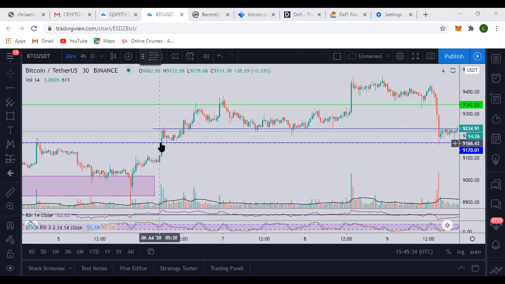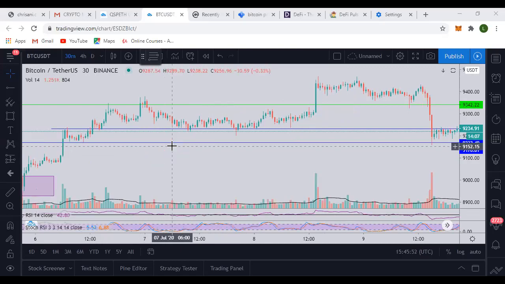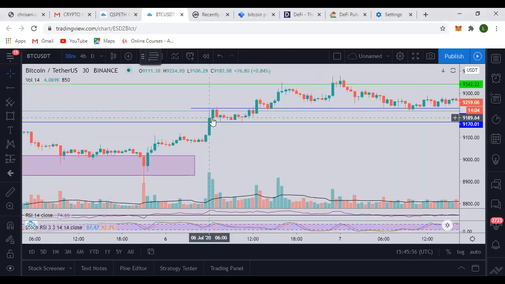So look at this candle here. The price went through and the candle closed above the former resistance. Then if you want to wait, maybe because you're scared or not sure the price will not go down, you wait for what we call a confirmation. So which candle can be used as a confirmation here? This next candle. After the first one closes above it, you wait for the next candle to also close above it.